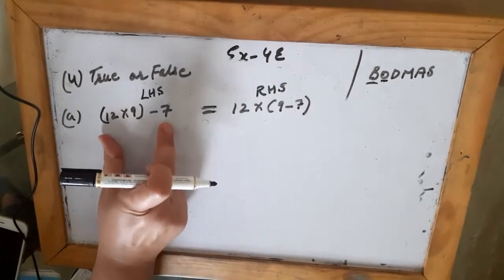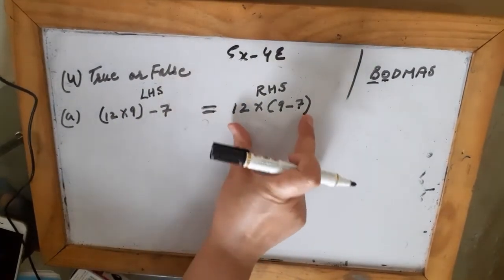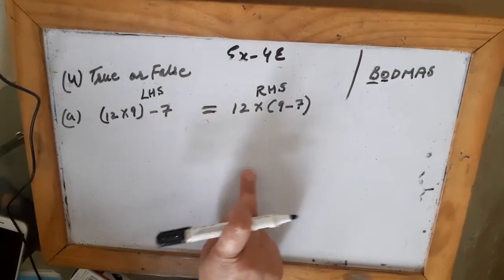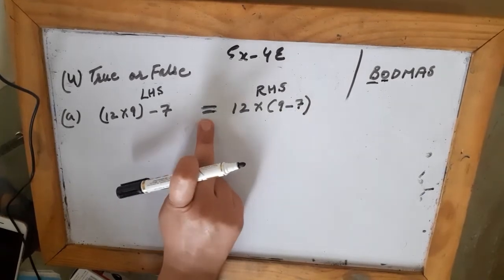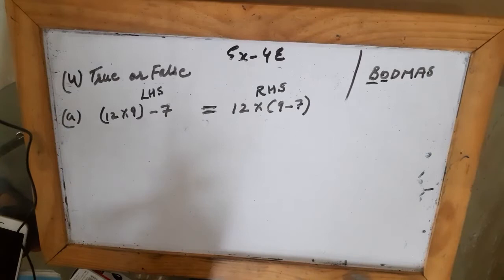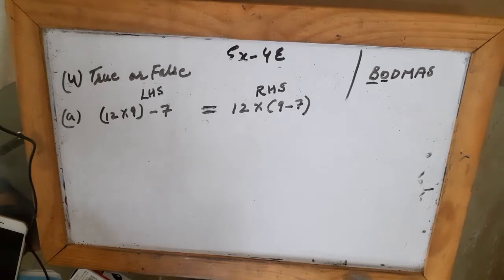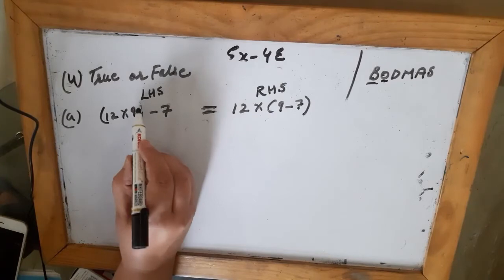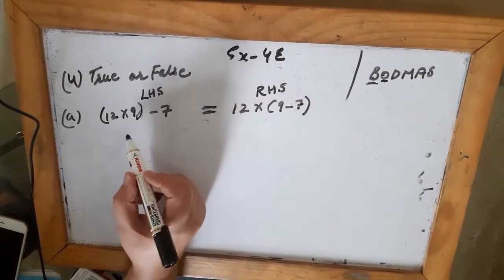So I will solve this also, and I will solve this also, and at the end I will see whether on both the sides we get the same answer, because it's written is equal to. If they are equal, it means this is true, otherwise it is false. So let me solve the left hand side first. As you can see, there is a bracket, so according to the BODMAS rule, I have to solve the bracket